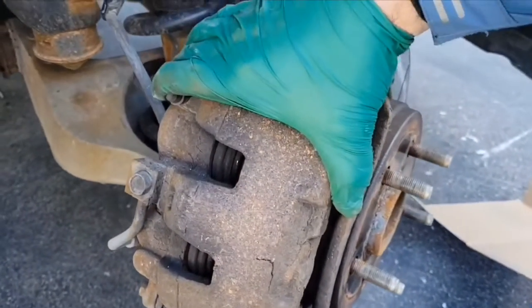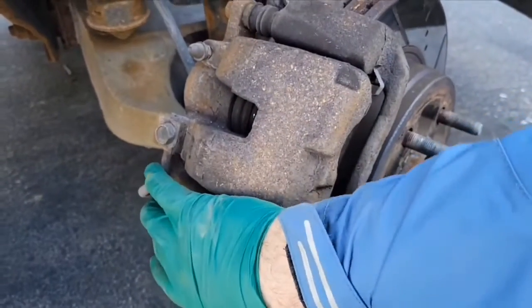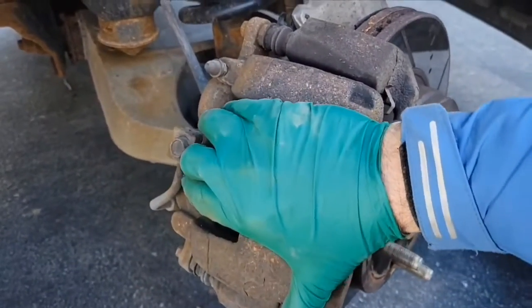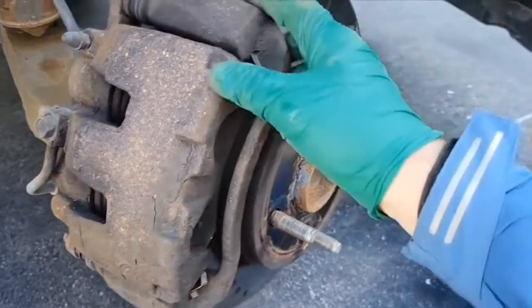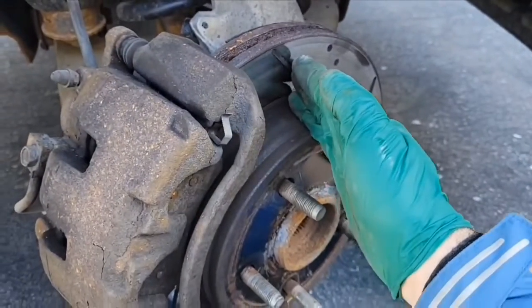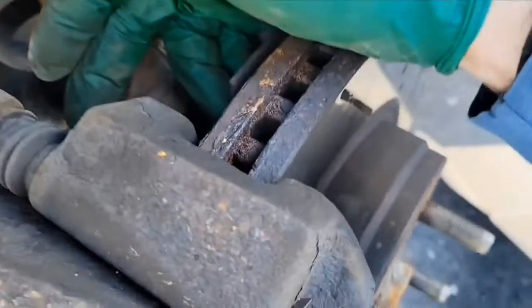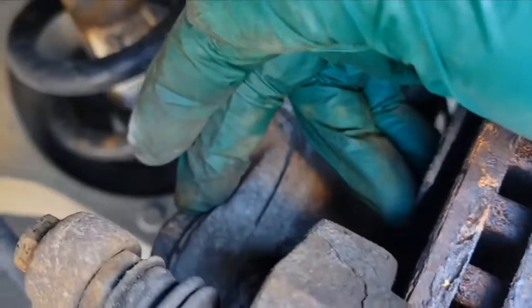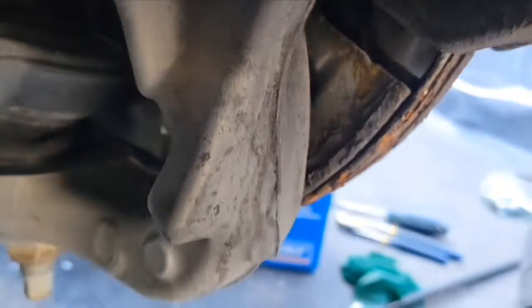As soon as you do it a little bit to be able to move your caliper, you can hear it. I can feel it. Can't really see it that much, but it's just loose enough, so we should be able to slide our brake right off our rotor right now. So now we just want to loosen up the top bolt here. There's also one at the bottom